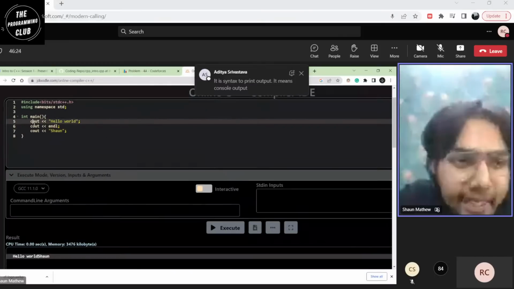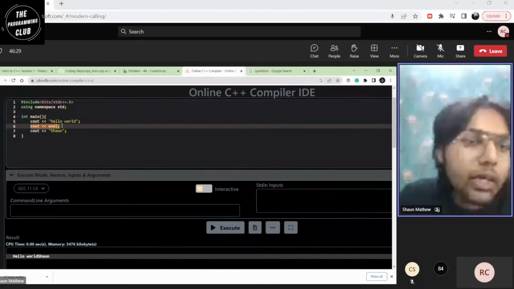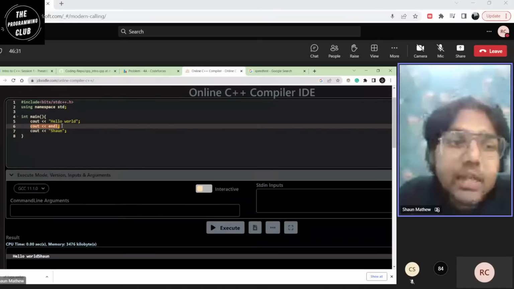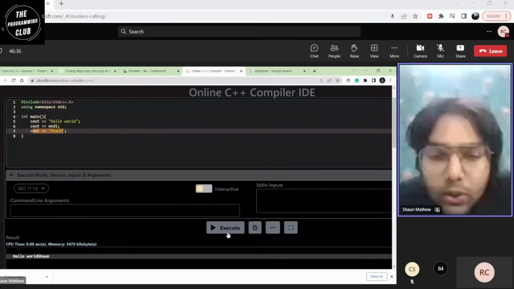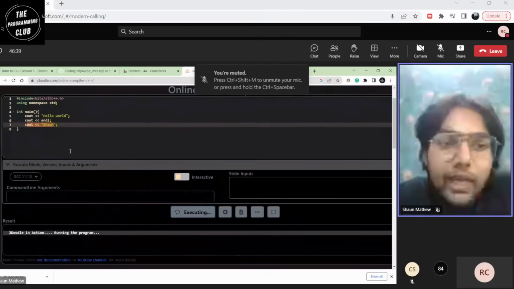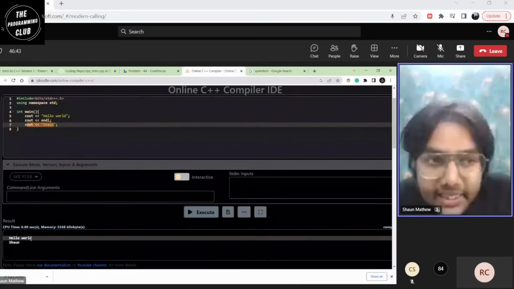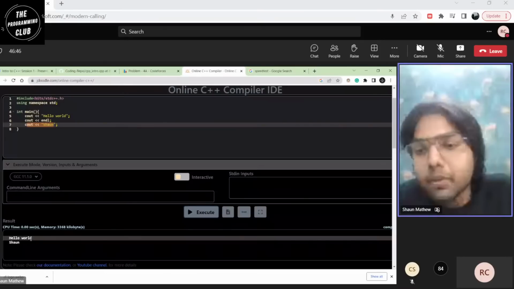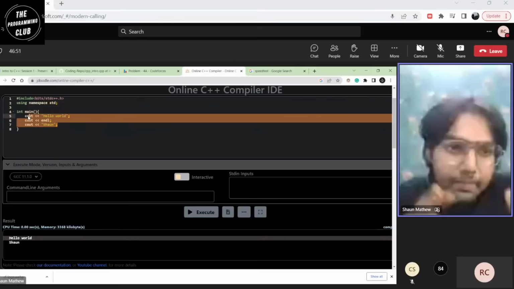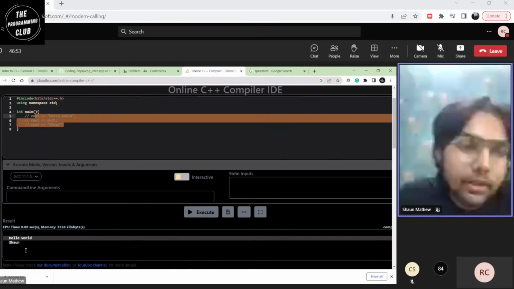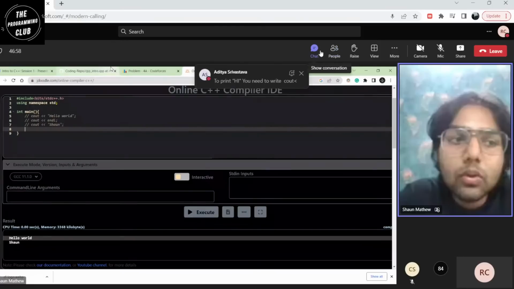So first I'll be printing hello world, then I'll be printing the ending line. So what do I mean by printing the ending line? It just means that I'll be ending off my line here. Then I print out my own name. So I'll execute it once again, and you'll be able to see what endl does. So hello world, then it prints out the next line, and then it prints out my name. Okay, this is very important, and this is the basics of outputting something into the output console. Fine. So this was one part discussed.